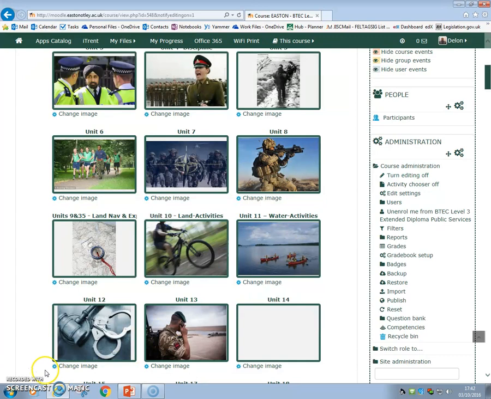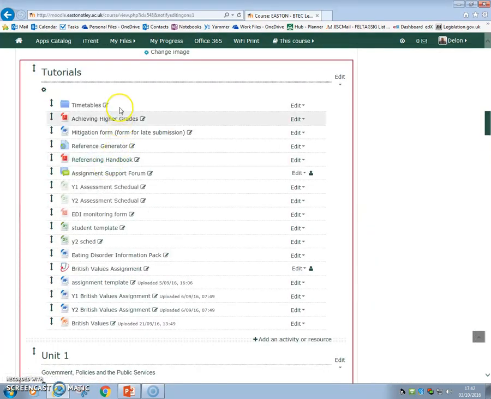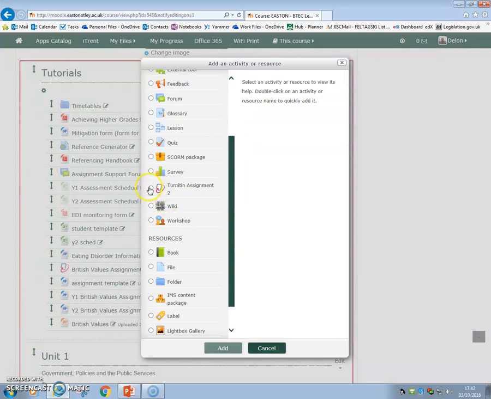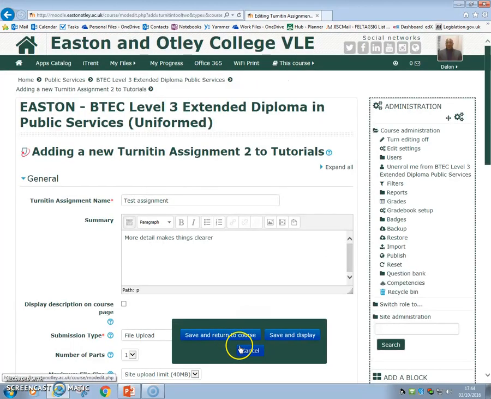So once we've done that, we then click on tutorials or scroll down, either way. We go into the tutorials area, and you can see we need to select here the add an activity or resource links. If I click on that, I get the activity or resource chooser, and what I'm looking for is Turnitin assignment. So if we click on that, add,